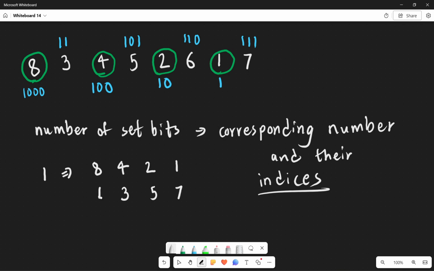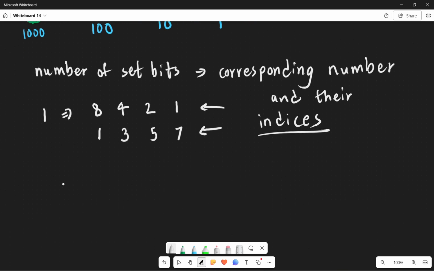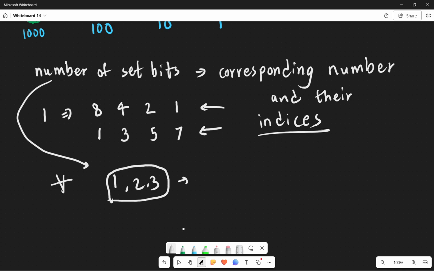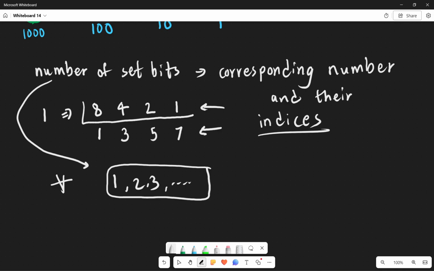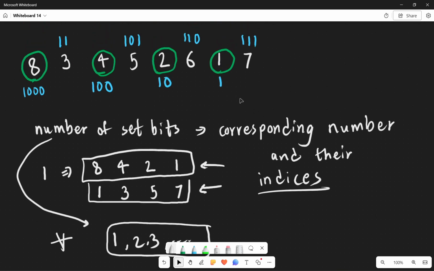So can I argue that after sorting these vectors, if they are both equal for all the numbers of set bits, for 1, for 2, for 3, and so on up to whatever number of set bits are possible, if these two vectors for every number of set bits are equal after sorting,